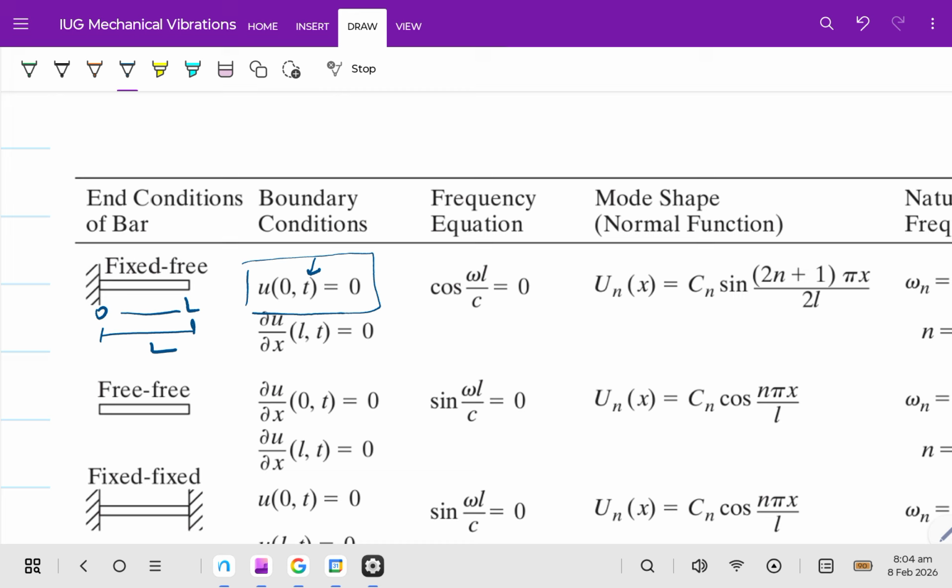And the change with respect to position at L and t is equal to 0. So the change